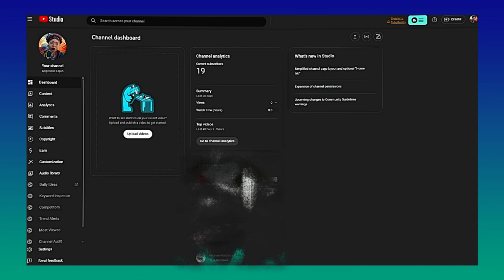And once you're on your dashboard, you will see this page. And this will show your channel dashboard, which shows all your analytics. So you don't need to do anything. You don't need to go to content or analytics or anything like that, because that's not what you need to do. So you would go to your settings, which is down at the bottom,